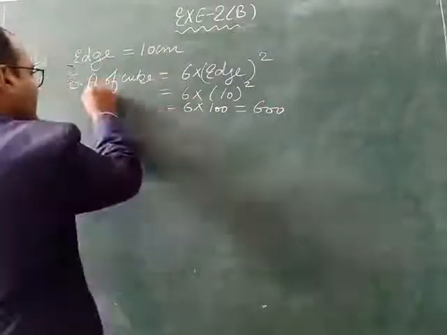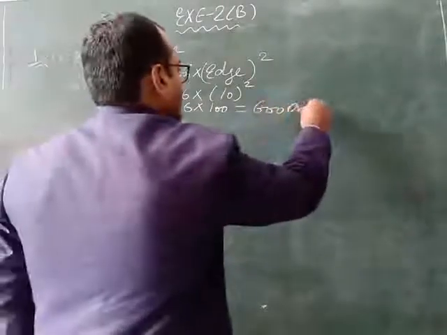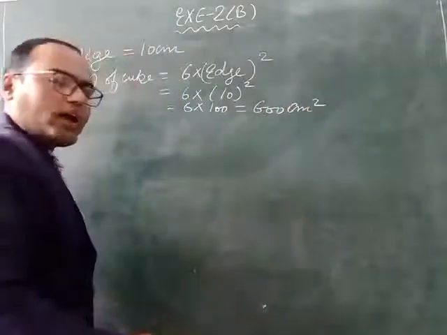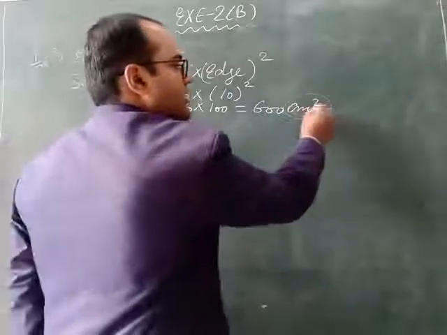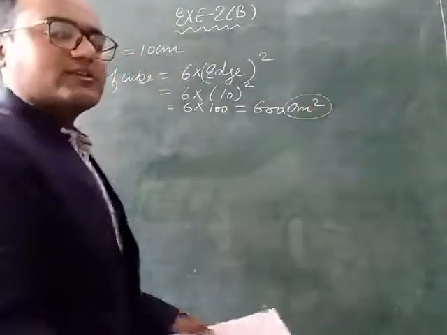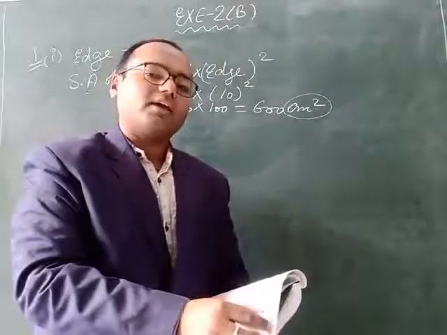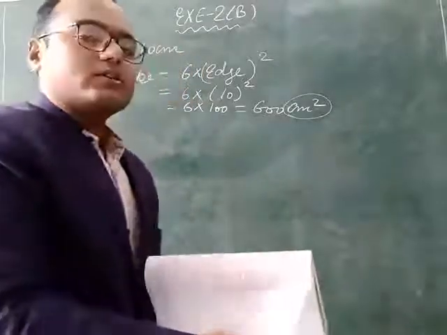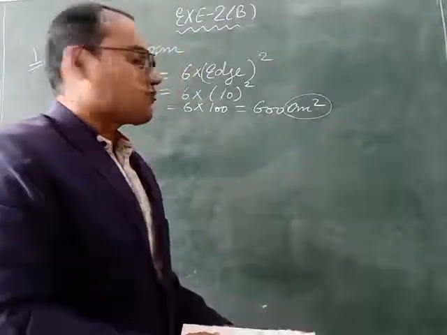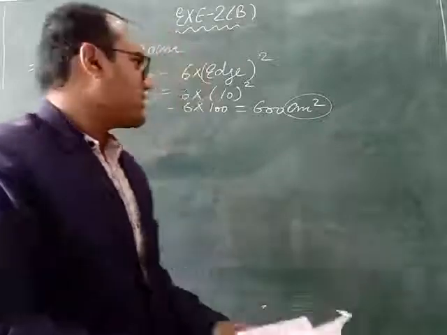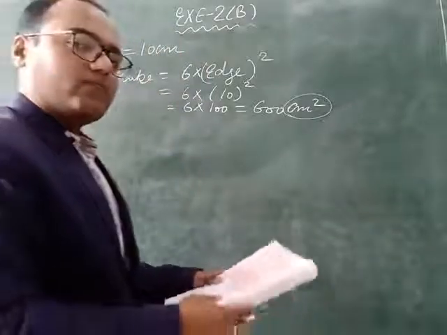This is the area, so for the area unit we have to put centimeter square. In volume we put power 3, but this is the surface area. So in the area you have to remember the unit must be square. So here we have to put centimeter square. So this is the answer of part number first.